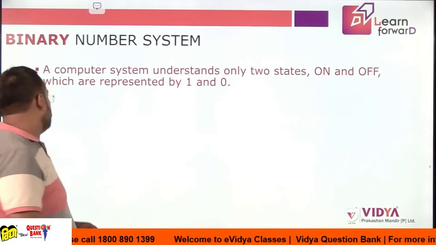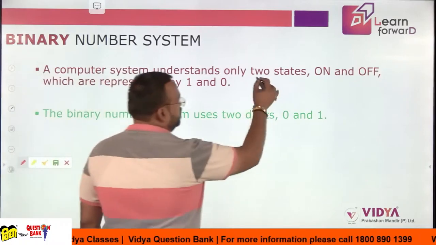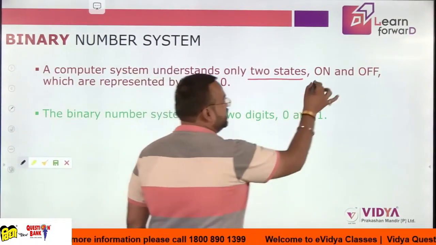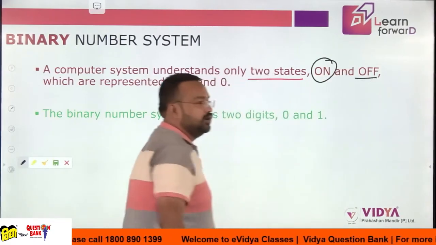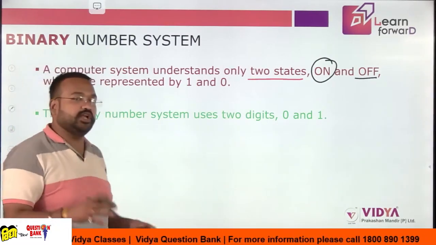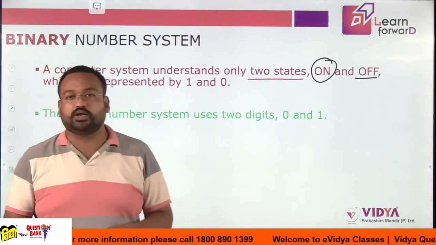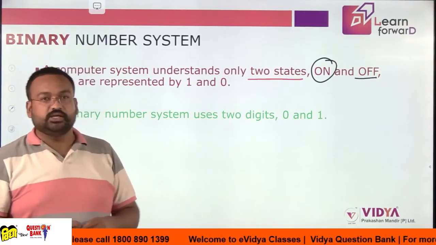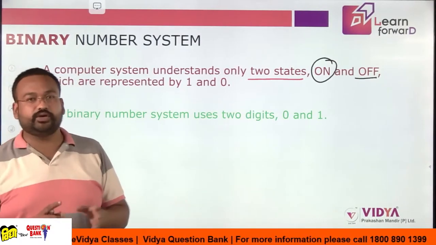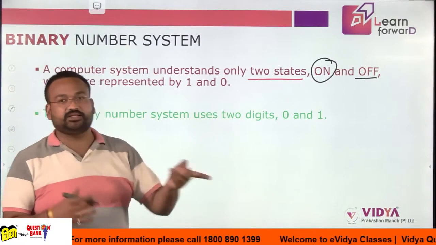So basically, the binary number system in digital computers tells you about two states only. These states would be either on or off. You can imagine it like a switch in your home. You have seen an electric switch. When you click downwards on the switch, it lights the bulb, and when you click upward, it turns off the bulb. It is the same thing: it has only two states, either on or off.